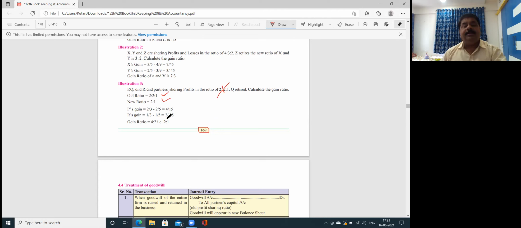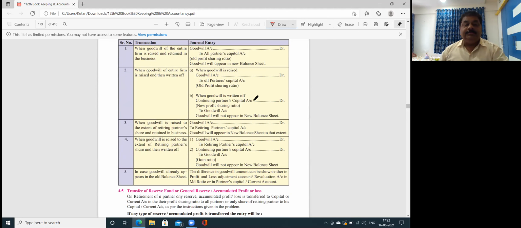तो आंसर वही आने वाला है 2:1. ओके, so for any kind of calculation you are getting the same answer. So in this case you need not make any calculation. Calculation करने की कोई जरूरत नहीं है. Okay, apply the logic and you can understand. Anyway, now proceed with the